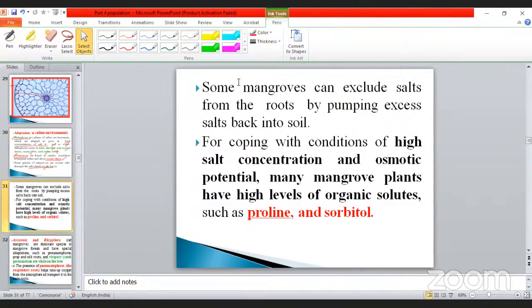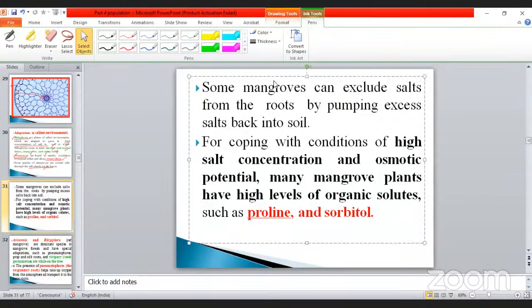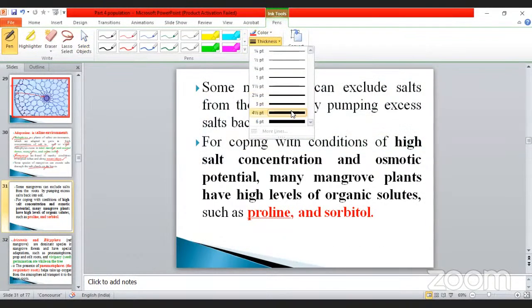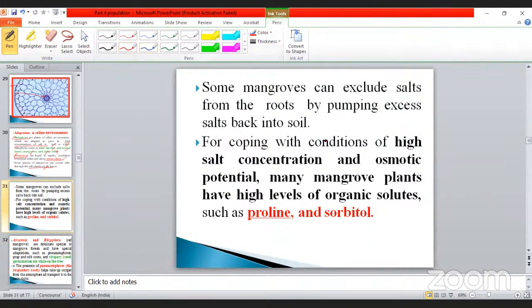Some mangrove plants can exclude the salt from the root by pumping excess salt back into the soil. This is also another important point. One is that in the leaf, salt is excreted. And the other is that the root also excretes salt back into the soil. And another one, for coping with the condition of high salt concentration and osmotic potential, many mangrove plants